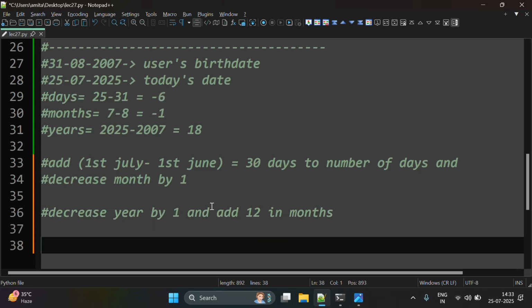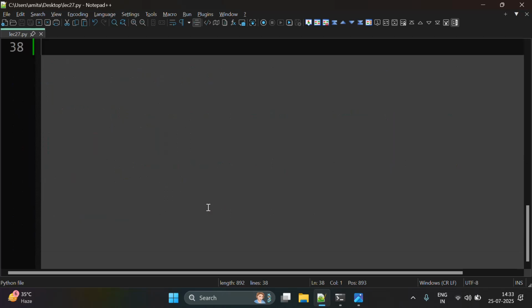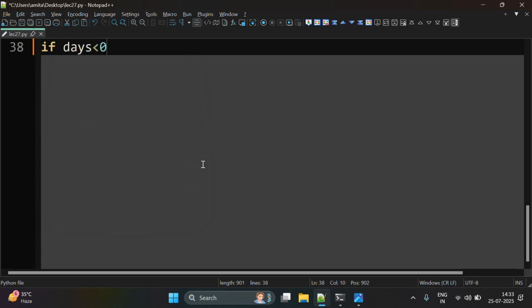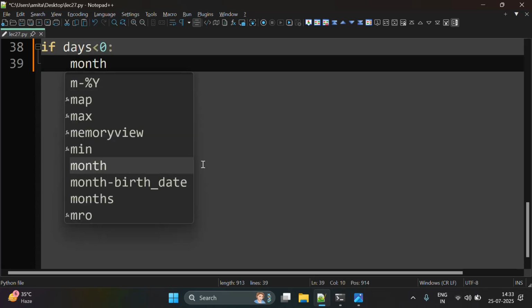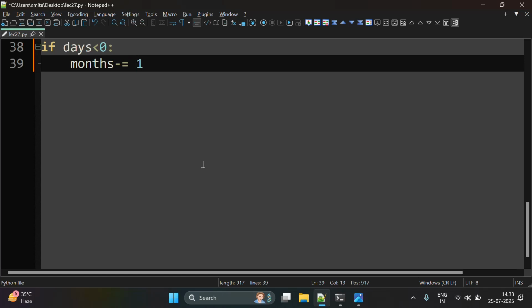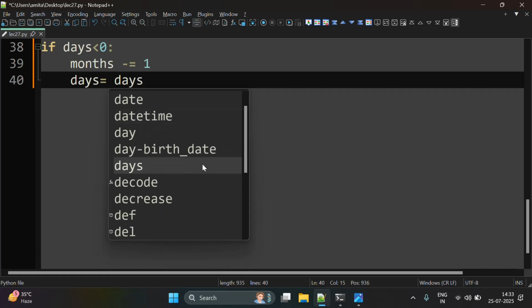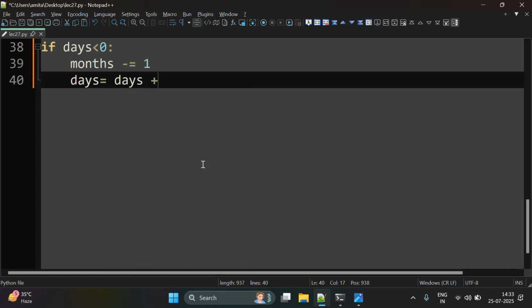So now we understood the concept behind it. We have to code this in Python. So we have to write if days is less than 0, that is if days is negative, then months should be decreased by 1 and days is equal to days plus, or we can write it as days plus equal to, and then the further line which we are going to write,